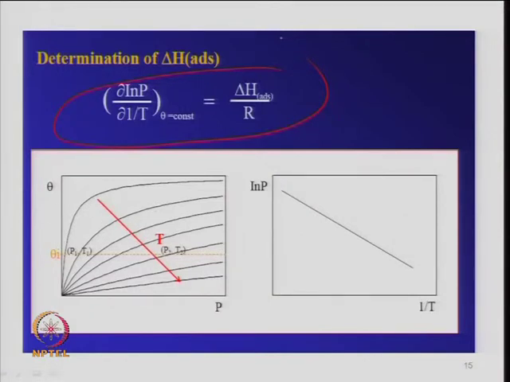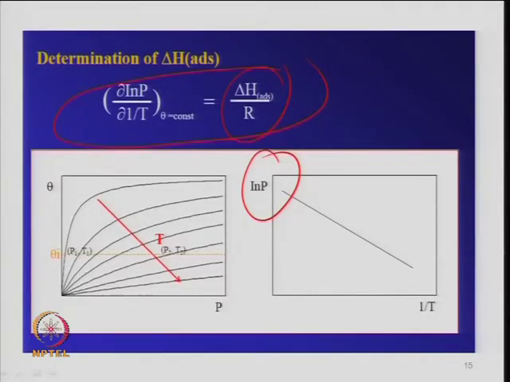So, this equation correlates the heat of adsorption, or can be used to calculate the heat of adsorption. If you plot ln P versus 1 by T, you will get a straight line, and from that you can find out the heat of adsorption after integration. So, you can very easily find this, and as a function of different pressures and temperatures, you can have the surface coverage.